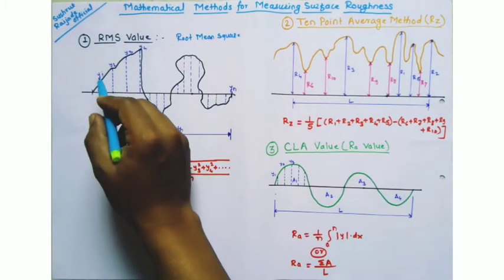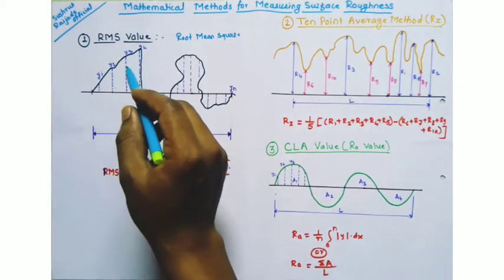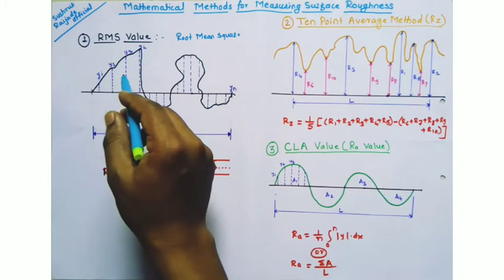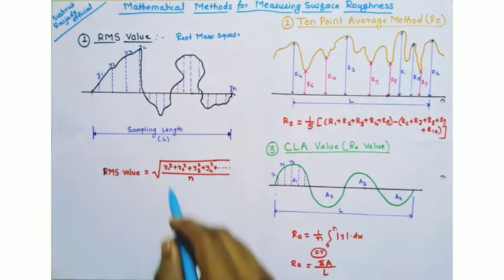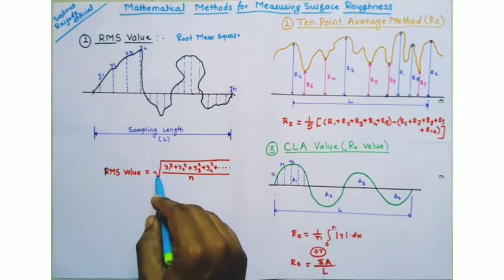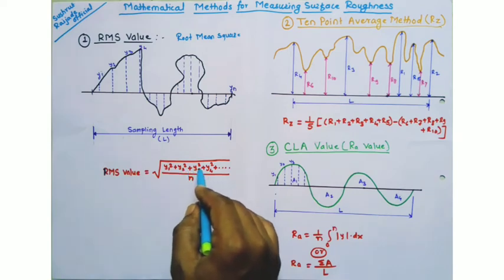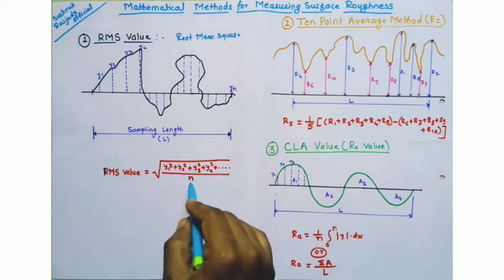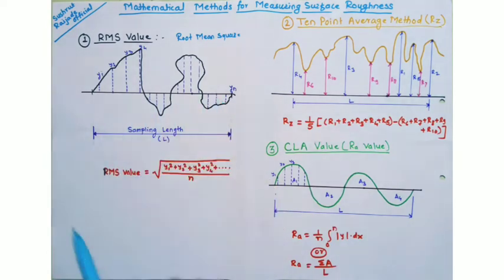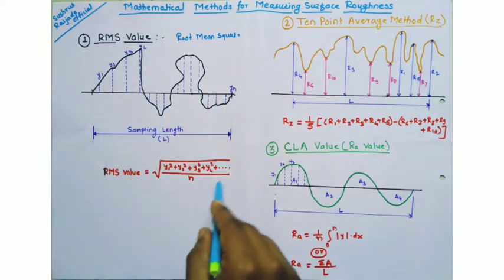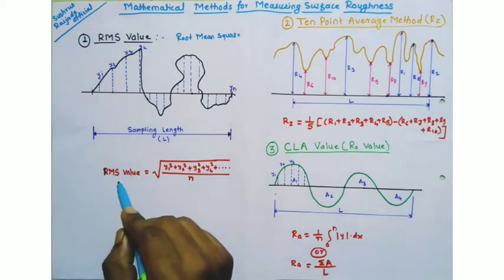Here you can see these are the ordinates y1, y2, y3, y4. If we take the arithmetic mean of the square of ordinates y1, y2, y3, y4, then RMS value equals the square root of (y1 square plus y2 square plus y3 square plus y4 square) divided by n. n means the number of ordinates you are using, and from this formula you can calculate the roughness value, that is the root mean square value. Okay,